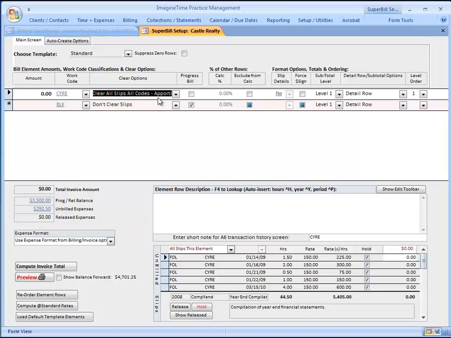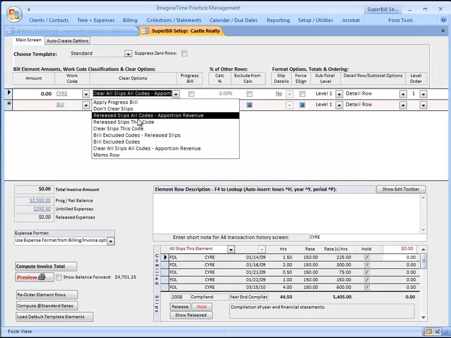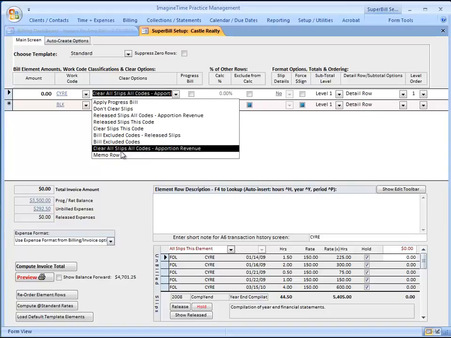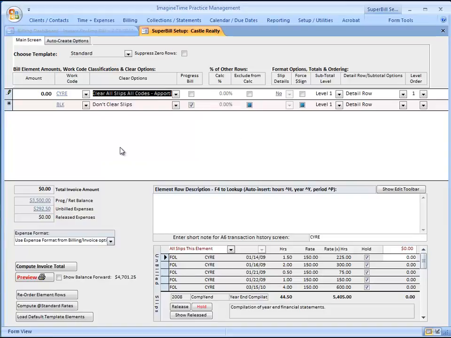Now, if I didn't want to clear them all and I wanted to clear just some of them, I would do released slips all codes. What's the difference between this and released slips this code? Let's stick with all slips so I don't have to bother releasing right now. The difference is that the clearing mechanism doesn't really pay attention to the associated work code. It clears whatever is released, or in this case, whatever is in inventory, because I'm disregarding releases, and it does